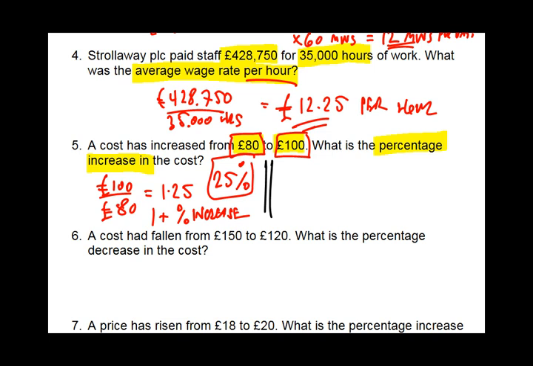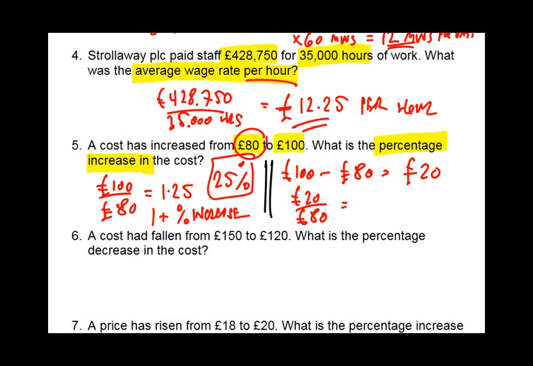Now the other way to do this kind of calculation is to look at the change in the cost. So in fact the change in the cost, well, it's grown from £80 to £100, which is therefore a change of £20. And take that £20 and divide by, and this is the key, divide by the starting point. Divide by 80 in this case. Because when we work out percentage changes, we always do it as a percentage of the starting point. Now that gives me a figure of